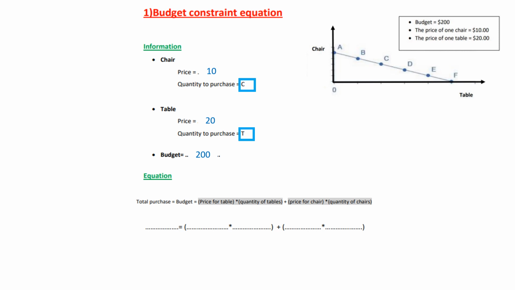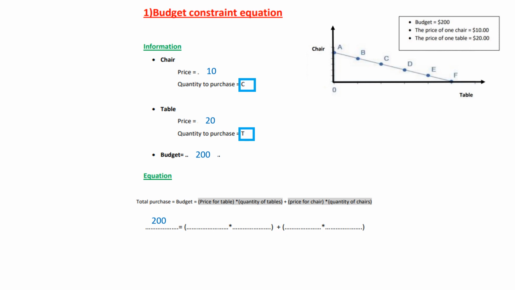So what we need to do next is, how do we establish the budget constraint equation? The formula is given, which is total purchase will be equal to the budget, which is the price for table times the quantity of table purchase plus the price of chair times the quantity of chairs purchased. And that leads us to